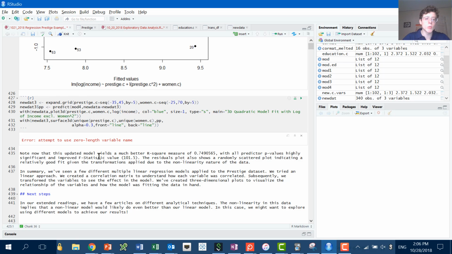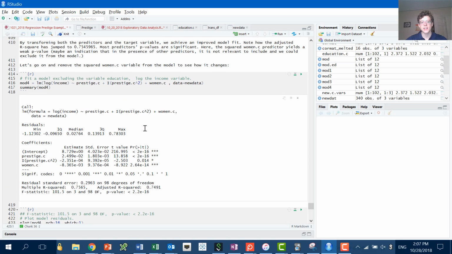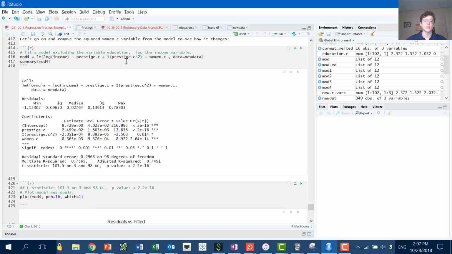So essentially what we found out is that in our best model, what relates to income is prestige and the percentage of women in the workforce, and it might be a curved relationship. So the more prestigious you get, you have diminishing returns to prestige. At first it's really effective. The more prestige you add, you gain a lot more in terms of income, but then over time it tends to diminish. So I just want to give you a little bit of the R of that, so you can use this in your own work. Feel free to use some of this code to make it a little bit easier for yourself.